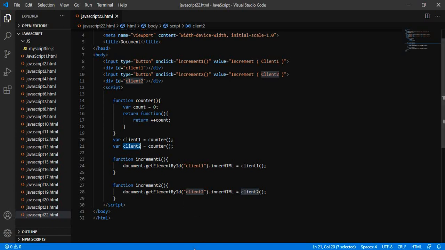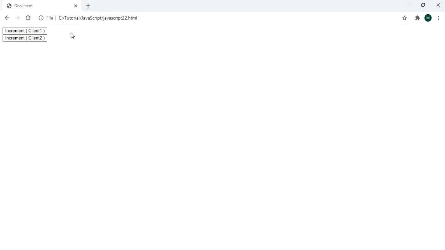Let me just see in the browser. As soon as I click here, it increments the value. When I come to client 2, it increments separately.